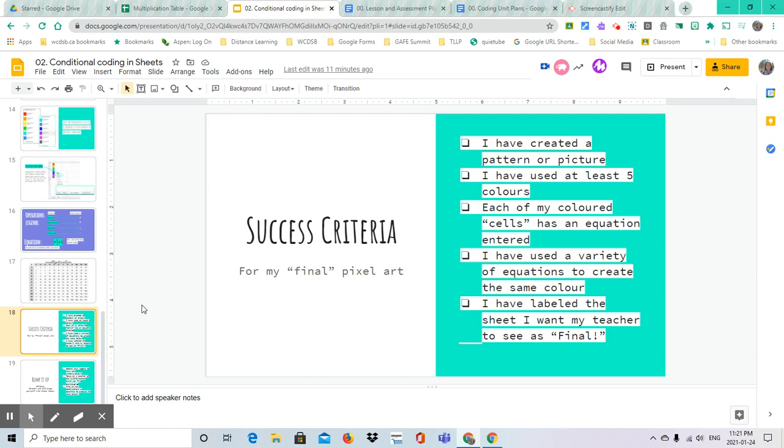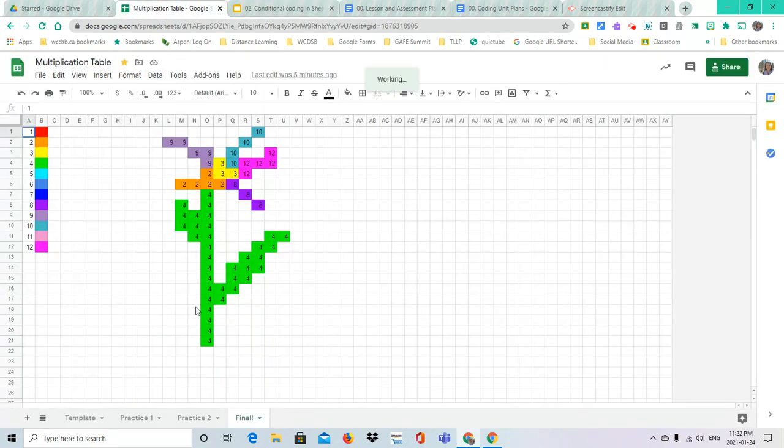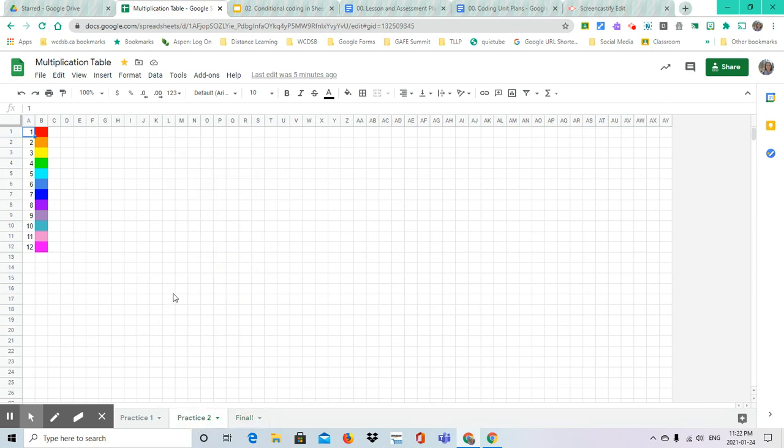So once you are certain that you have met the success criteria for your final edit and you have more time and you would like to challenge yourself more, you can go to the final bump it up options. So stretch and challenge yourself with some of these ideas. You don't have to do all of them. You might want to just try one of them out. But the easiest thing to do would be to expand your legend to have more numbers and colors. So you might want to do that in a blank one. You might want to make a copy to make another blank one. And you can